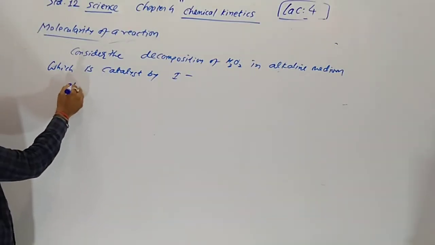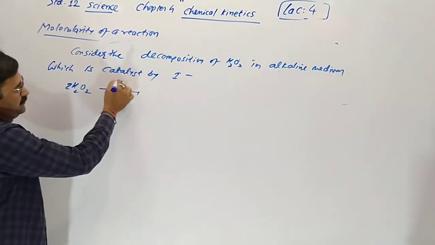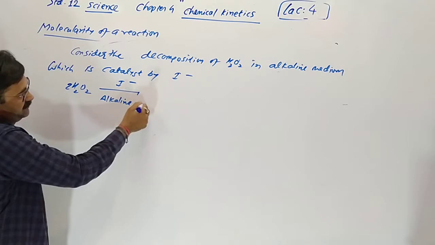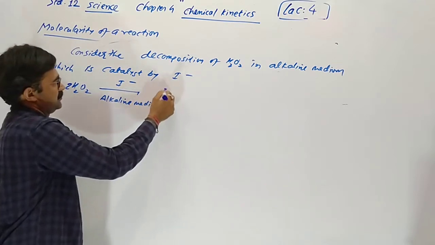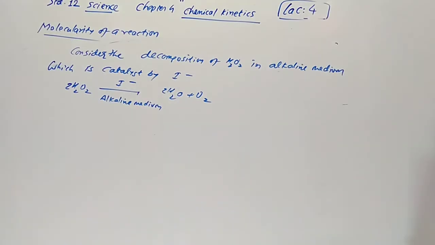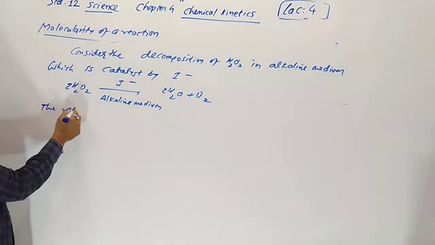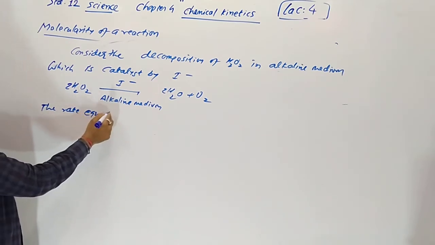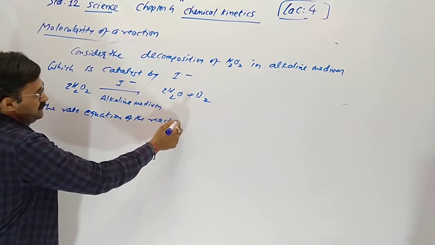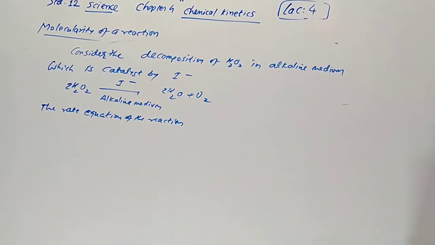So here the reaction is 2 mole of H2O2, with I minus in alkaline medium, gives 2 mole of water and 1 mole of O2. The rate law of the reaction is found to be